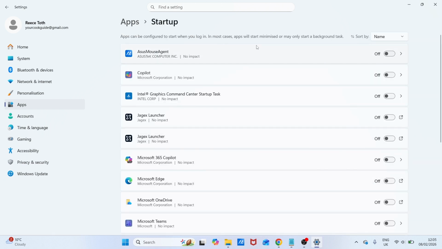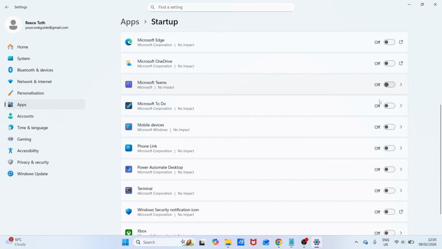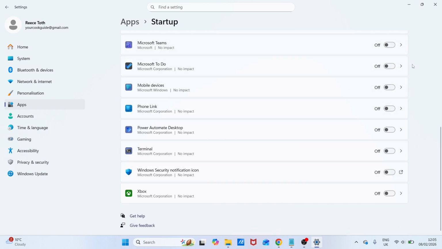Now here you'll see a list of all of the applications that automatically start up when you first turn on your computer. Now the more of these you have set to on, the slower your startup time is going to be. So what I'd recommend doing is just going through this entire list and try toggling as many of these as you can to off. As you can see here, mine are already all turned off, and once you've done this, you can close out